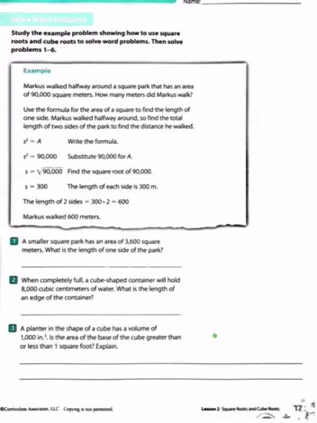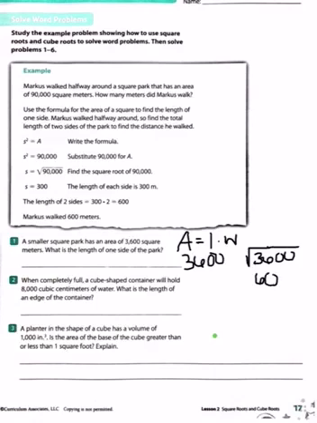Number 1, a smaller square park has an area of 3,600 square meters. What is the length of one side of the park? When we talk about area, we're talking about length times width, and we're talking about square roots. So if the area is 3,600, we want to take the square root of 3,600. To do this easily, take the square root of 36, which is 6, and bring down one of the zeros,